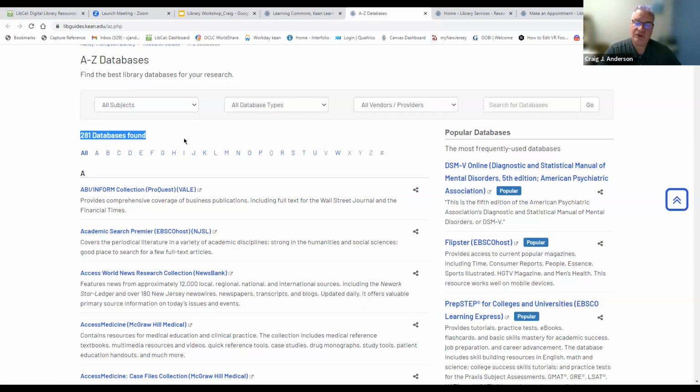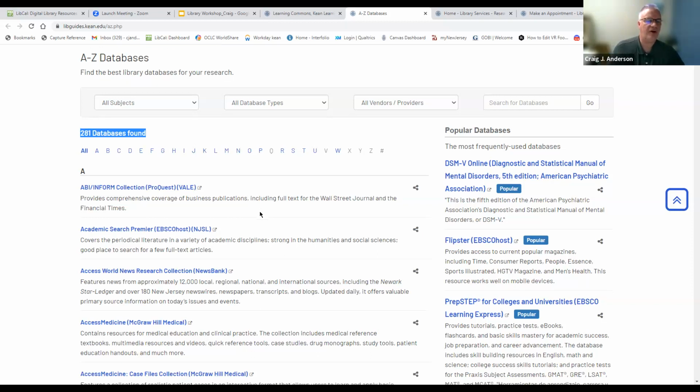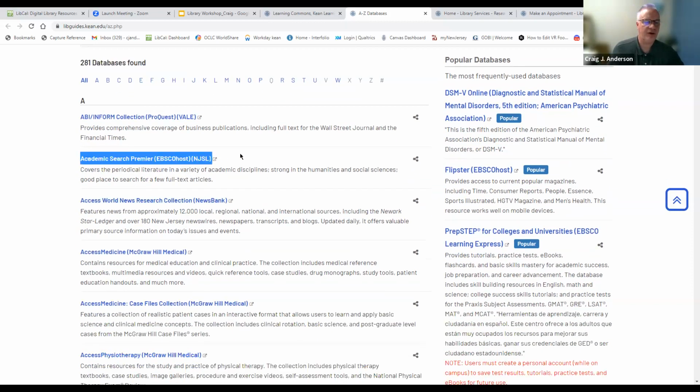Some of these databases are just general information databases. They cover a little bit of everything. For example, we have here Academic Search Premier, a multidisciplinary database by the EBSCOhost company. EBSCO is just the vendor. And like I said, Academic Search Premier covers a little bit of everything. So no matter what your topic is, there's a good chance there'll be something about it in Academic Search Premier.